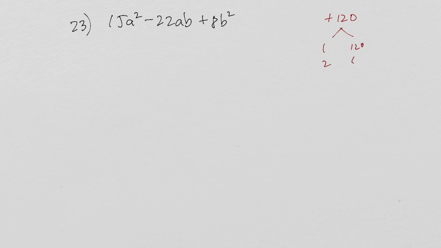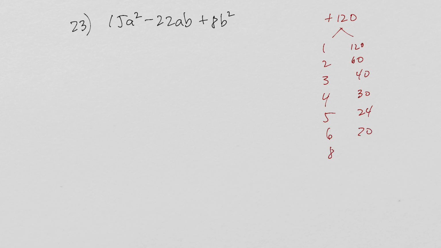Okay, number 23. We have 15a squared minus 22ab plus 8b squared. Okay, when I multiply my two numbers together, 15 times 8 is a positive 120. You can use a calculator to do that if you want. So because it's positive, I'm looking for factors that add up to 22. So you can start listing them. 1 and 120, 2 and 60, 3 and 40, 4 and 30, 5 and 24, 6 and 20,